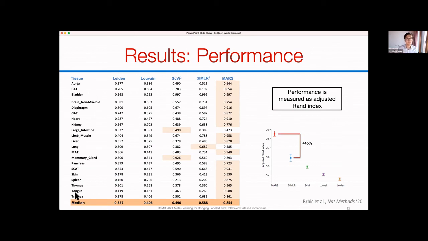You notice that our method outperforms the next best competitor by 45% relative, measured through the adjusted RAND index. Basically, we are able to outperform all other methods on essentially all tissues. And wherever MARS is not the best method, it's super close, perhaps except on lung, to the top contender. And the setting here is the following: we say, let's identify cell types in aorta, and aorta